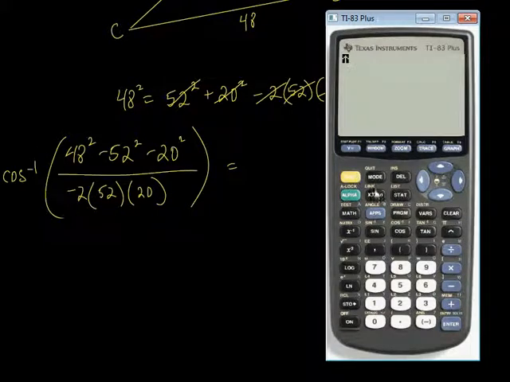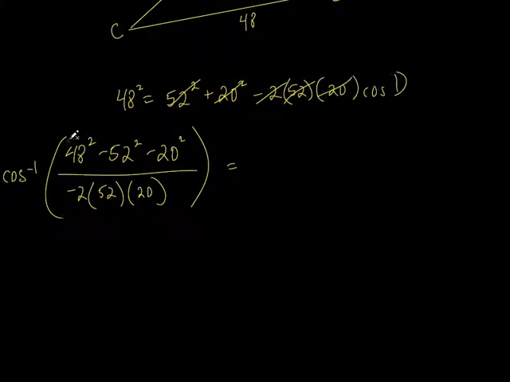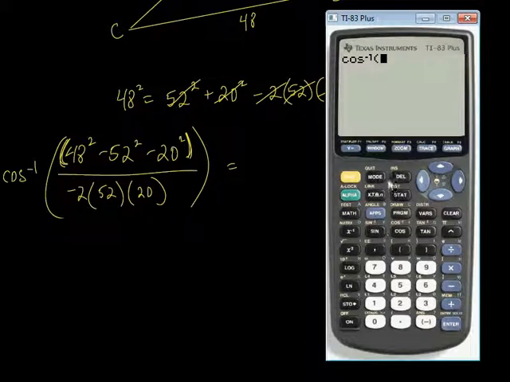So let's hit second function cosine. So there we go. Now remember what I do with this. I put a parentheses right here and one right here. I think that will help you out on the calculator. So we put another left parentheses. Now we can put all this stuff in here: 48 squared minus 52 squared minus 20 squared. If I'm doing something wrong, let me know. All right, we close that parentheses. That's this little parentheses right here. We closed it. And now we divide it by